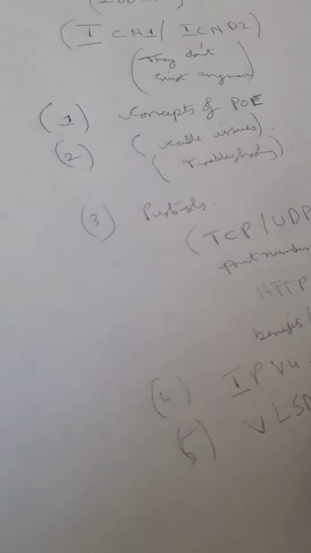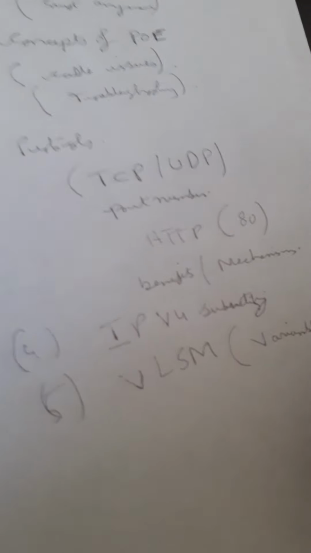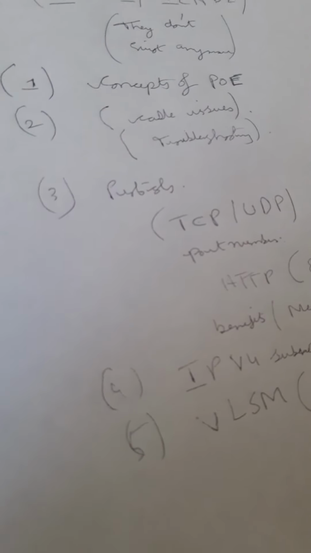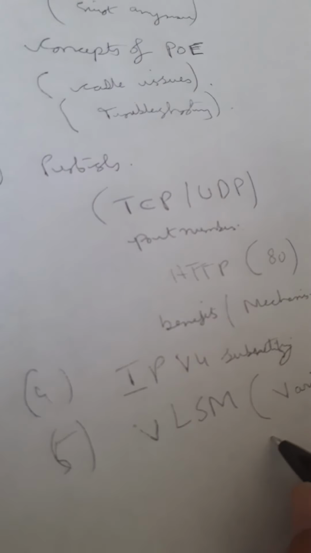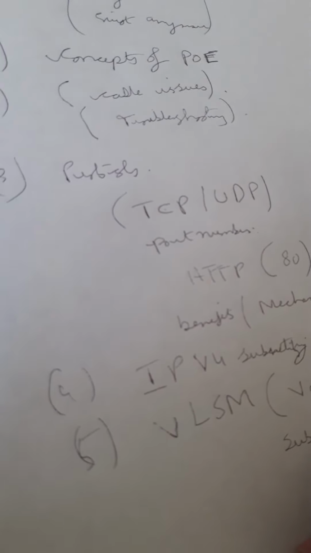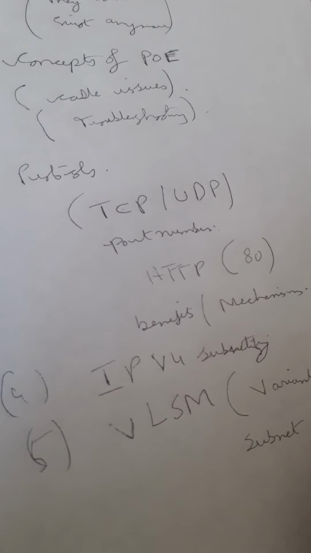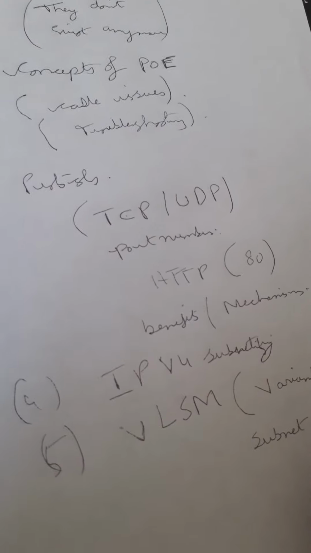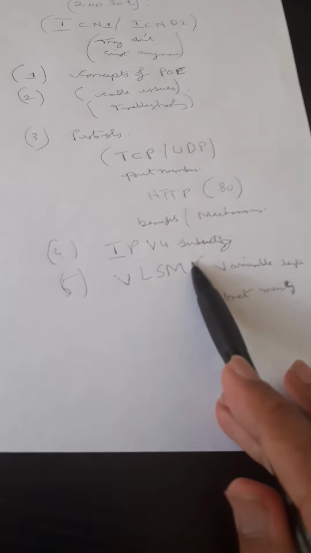VLSM is, shall I write it down? Variable length subnet masking. Right, just to let you know, don't do VLSM before IPv4 subnetting, because